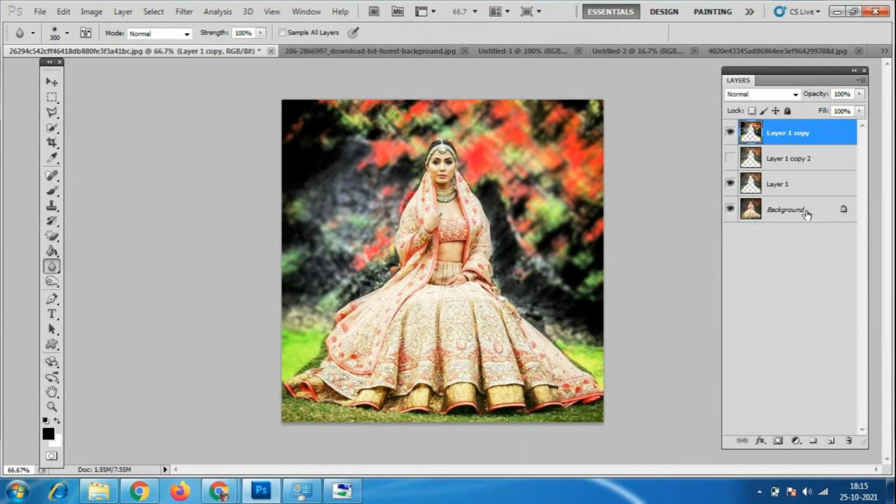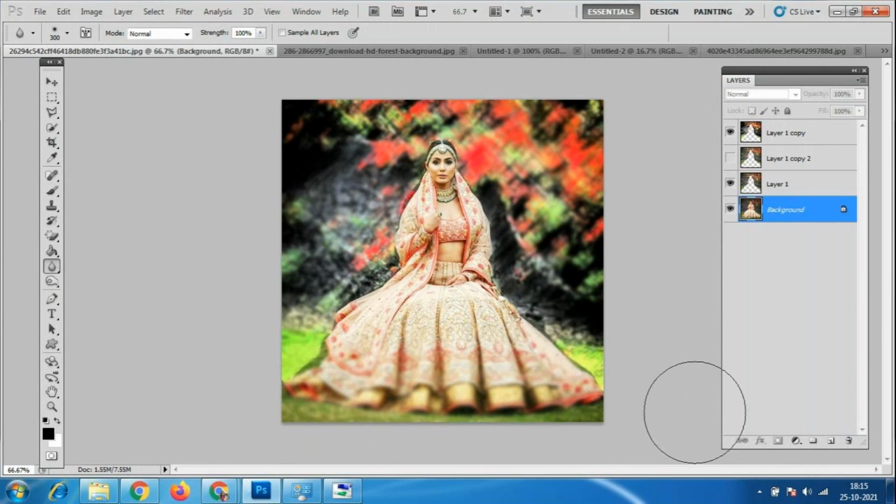Okay, now I have to make her blur. Only this lehenga part I want to make blur. So I am doing it only down here, this much only. So her face is still bright now, and only this lehenga part I'm making blur. However much area you want, only that much you make blur. It is better if you always keep everything in a different layer in Photoshop, so then only you can apply those effects.